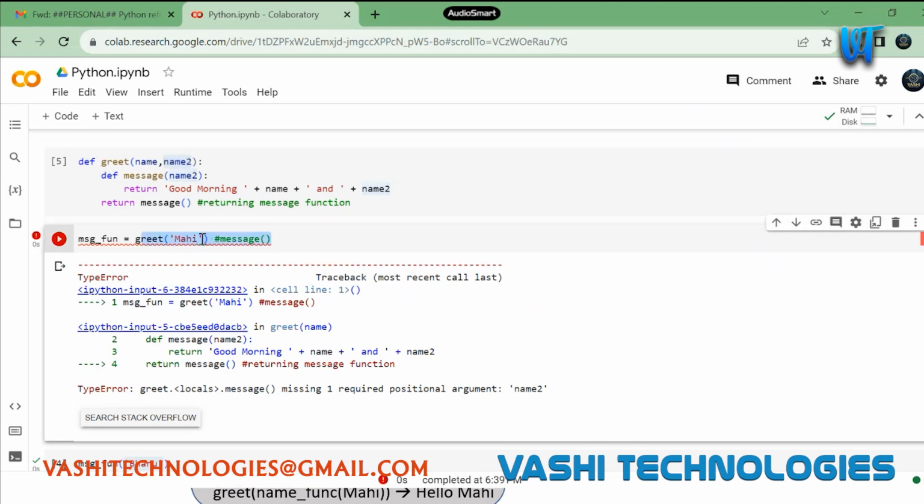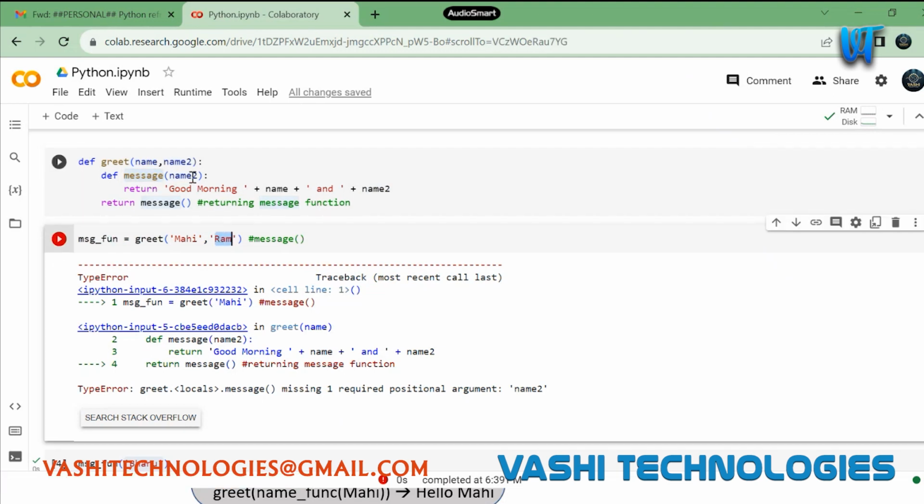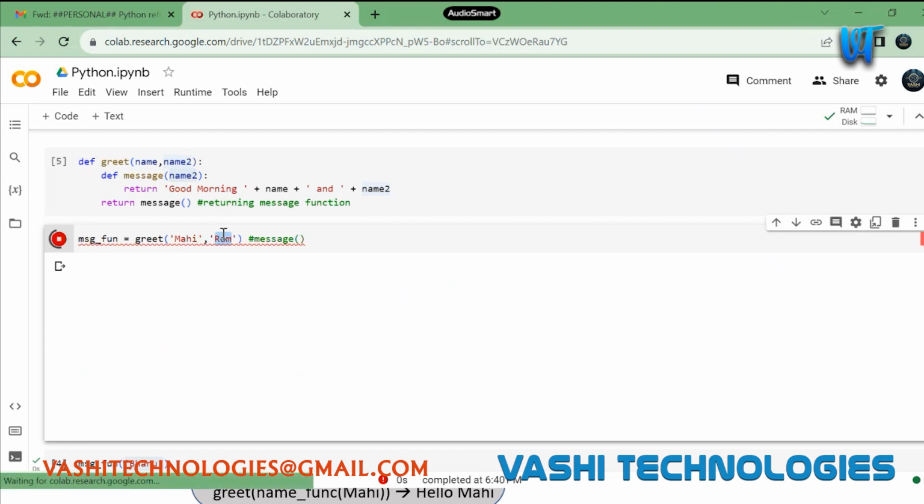In my final greet, I'm taking two things. In my final function call, I'm passing name one as Mahi and name two as Ram. So what happens here for the inner message function is it will take Ram as name two, because name two is passed to greet, and again greet is taking this name two and passing it to message. And if I print it now,